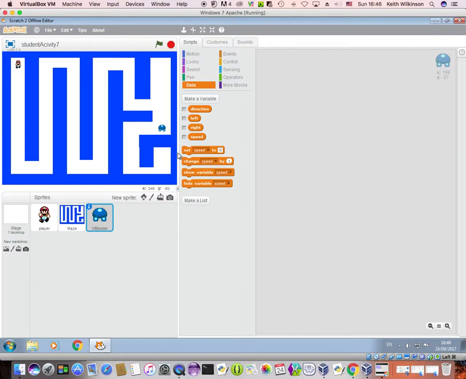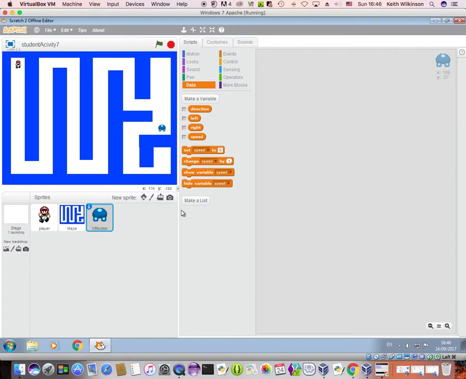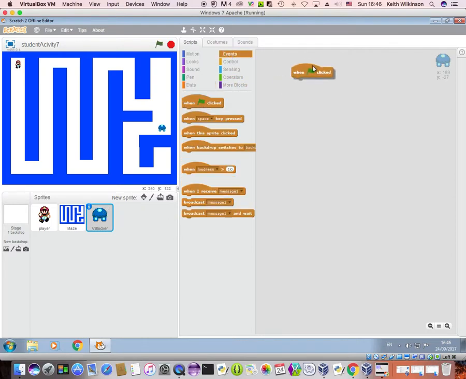So I've now got my variables, and what I need to do is set things up. When we were with Mario, we did this. We set up his starting position and we set up his costume and how fast he was moving, which sort of was a one-off thing when we started the game, when we clicked it, and then we went through their loops that just keep going through, checking what's happening. So I'm going to do a startup for my vertical blocker. So if I go back to my vertical blocker, what I need is when clicked,